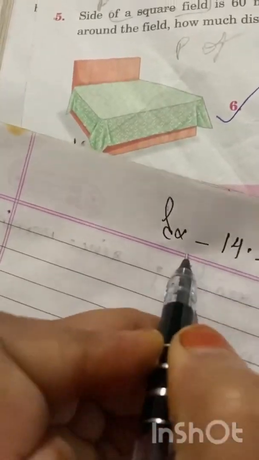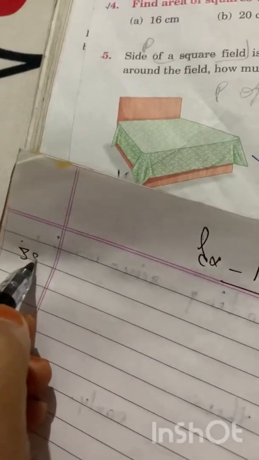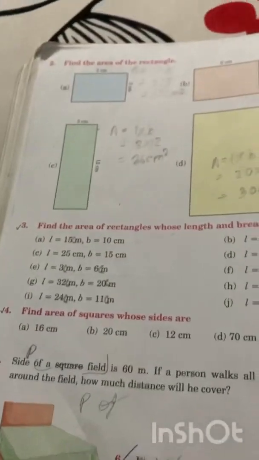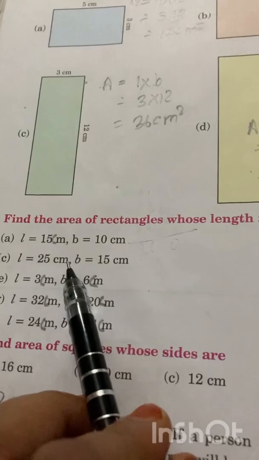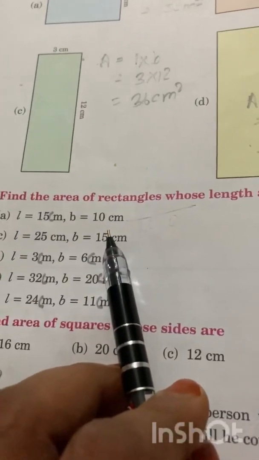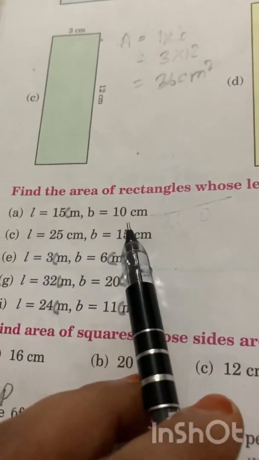So let's start here. This is our exercise 14.2, question number 3A. So what is length here? Length is 15 meter and breadth is 10 centimeter. That means what